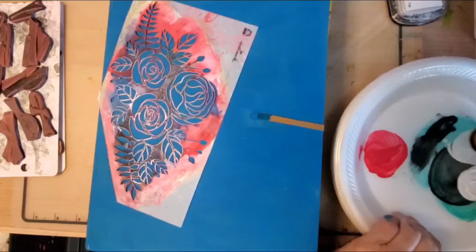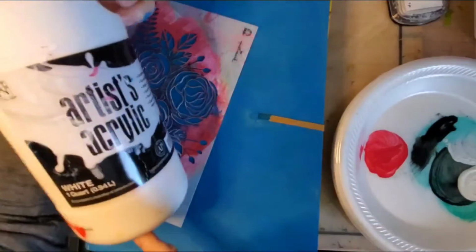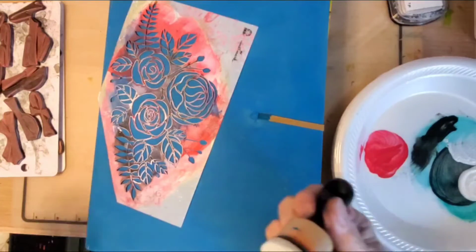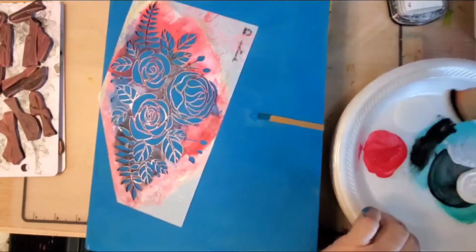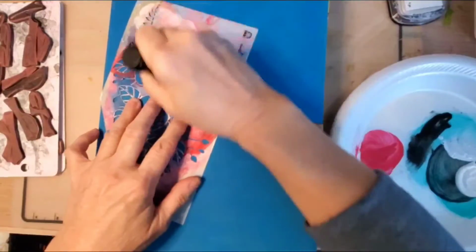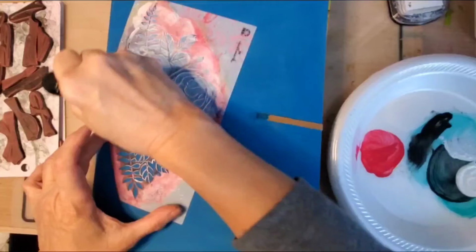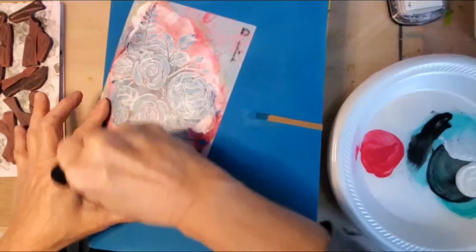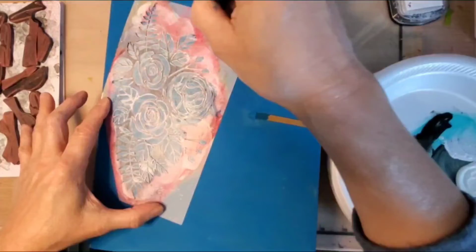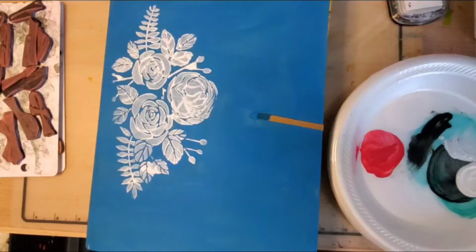I'm going to use white paint. I have a whole bucket of it over here. I just buy the big quart acrylic, artist acrylic. Back in the day, I was using a whole lot of white. Let's not get too much and just mess it up completely. Okay, I like how that turned out,